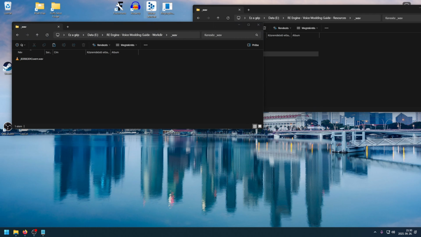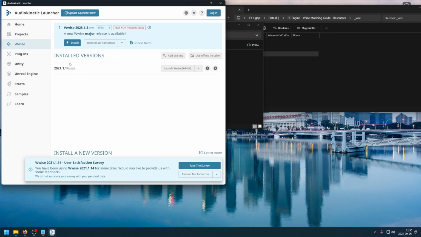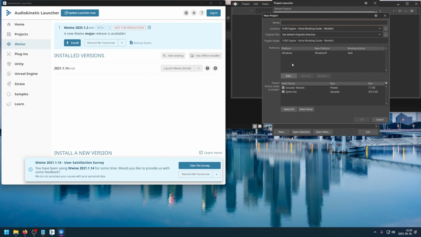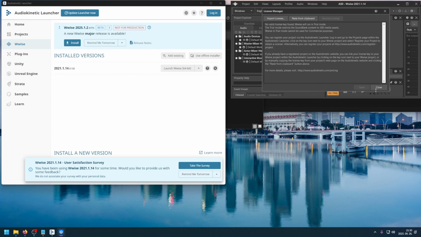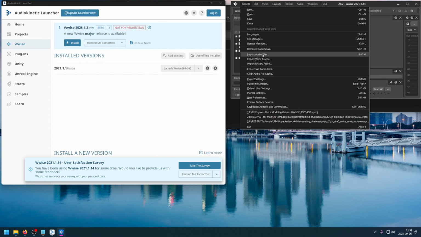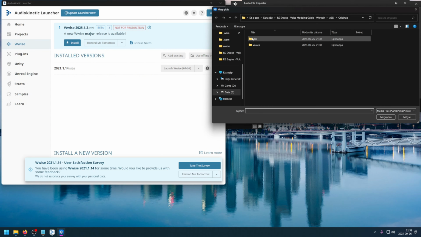For this, what we use is Wwise. Let's open it, select Wwise, launch your installed version, and create a new project. You can name it anything, it doesn't really matter, but aim for the same directory where you put all the other resources so far. If you have this, it will be really easy, because we don't really need to change settings in Type 1 scenarios. We just go into Project, Import Audio Files, and in the Files section we browse